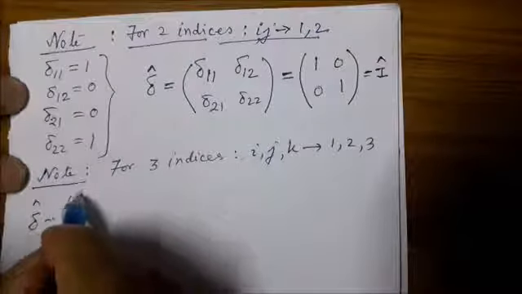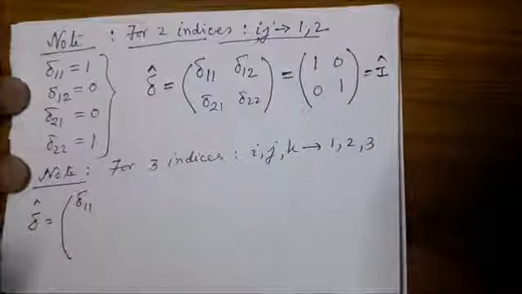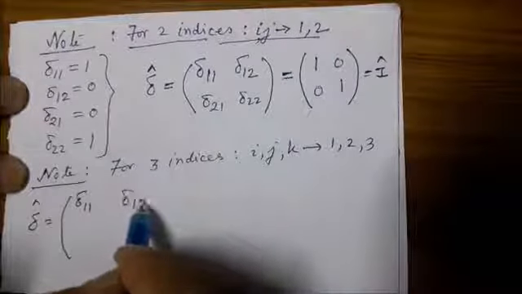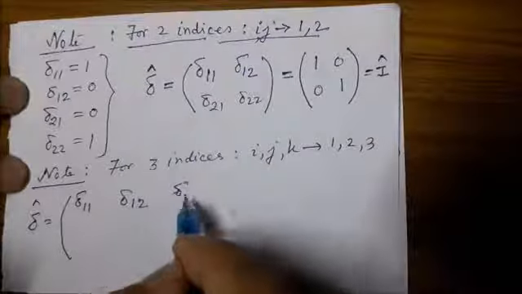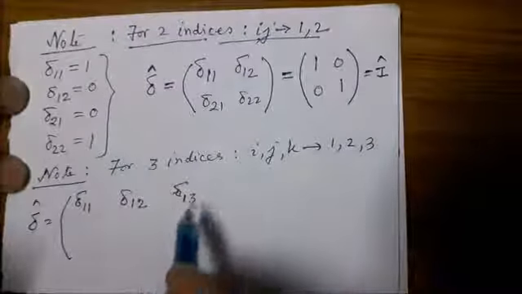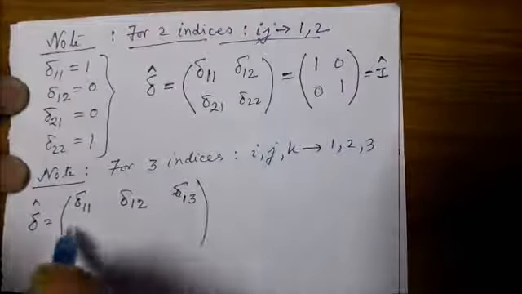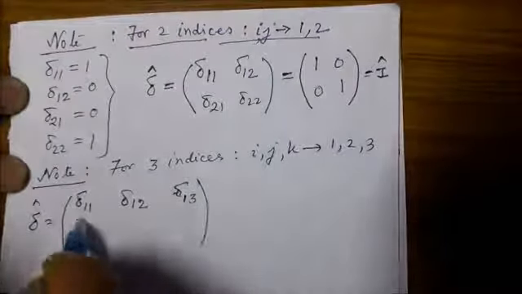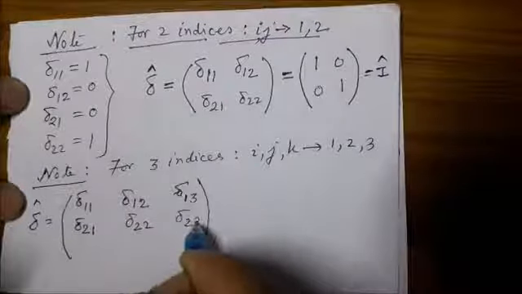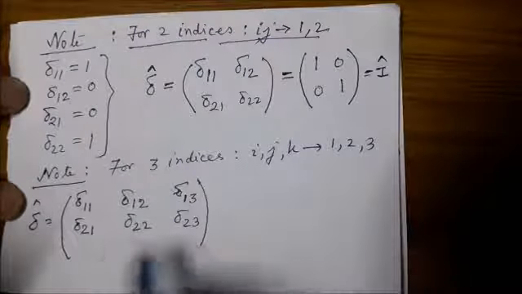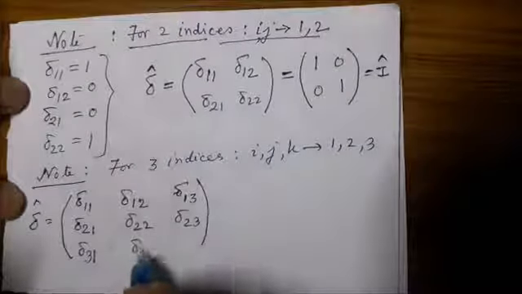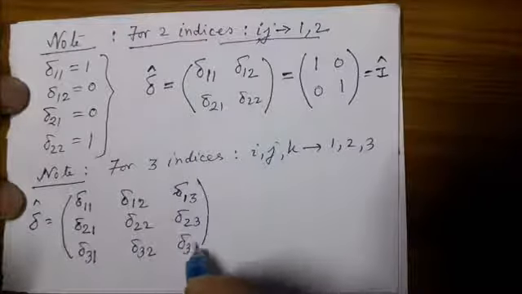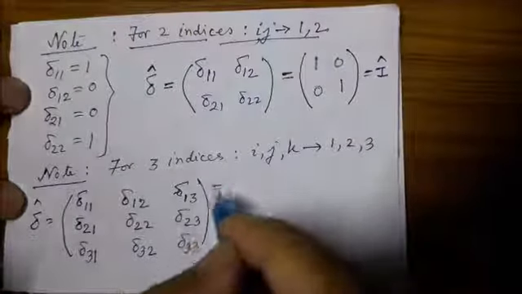So the first row, first column is Kronecker delta 1 1, first row, second column, Kronecker delta 1 2, first row, third column is Kronecker delta 1 3. And similarly we have second row, first column, second row, second column, second row, third column, and finally third row, first column, third row, second column, third row, third column. And the values are